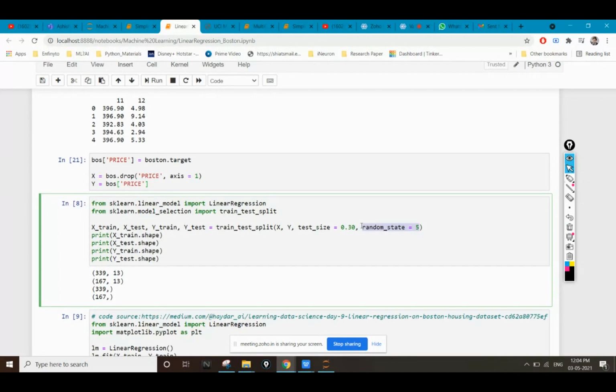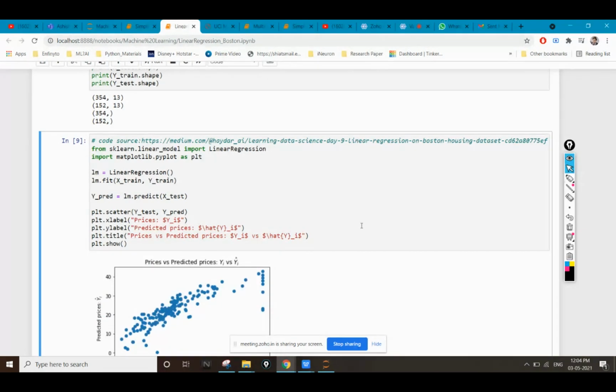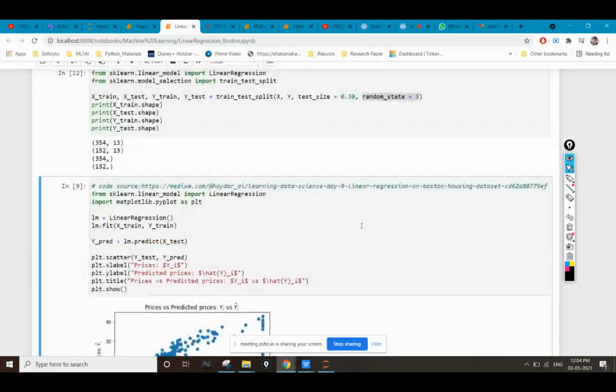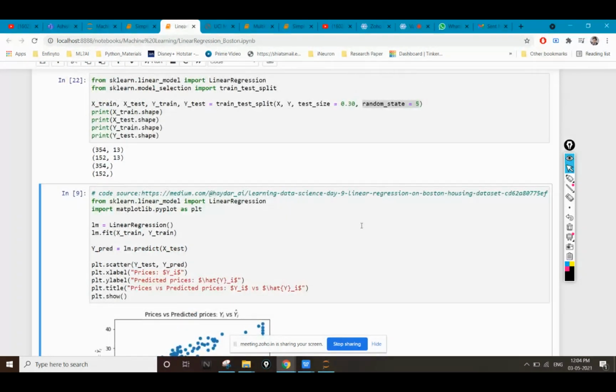If I write random state equals 5 and you also write random state equals 5, then you are going to get the same values inside your system. This is why we use random state, and the values of x train and y train won't change once you repeat this step again and again.